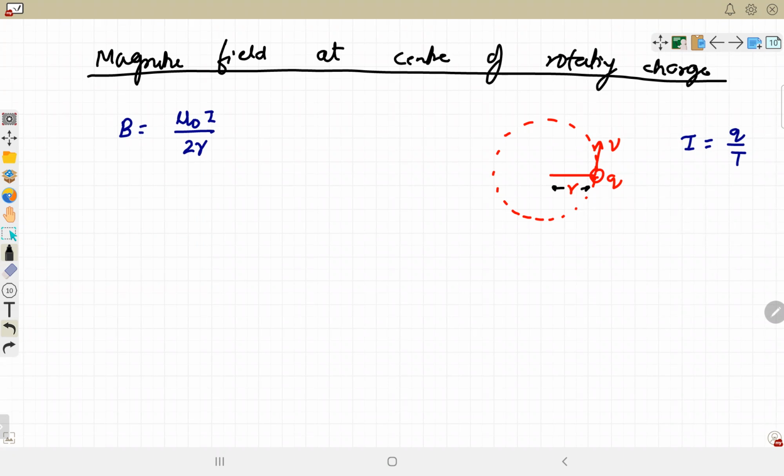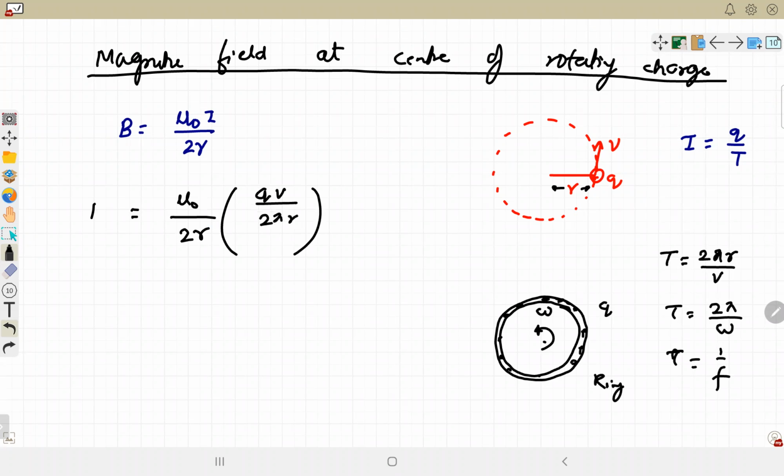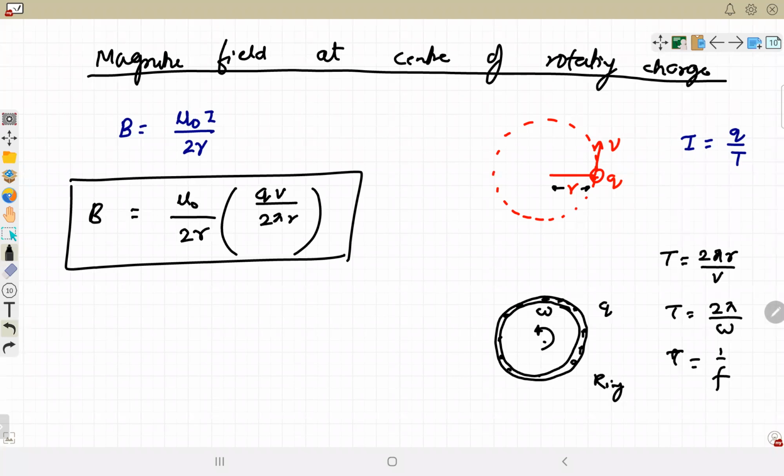Right? So I think we did this. Yes, sir. For time we use 2 pi by omega, 2 pi r by v, or 1 upon frequency. Even if it is a ring of charge q moving with the same angular velocity omega, it will also give the same formula. If there's a total charge q on a uniformly charged ring, the magnetic field will again be given by the same. But if it is a disk, then there will be circles of different radii that we have to integrate. We will do one such question later on, not now.